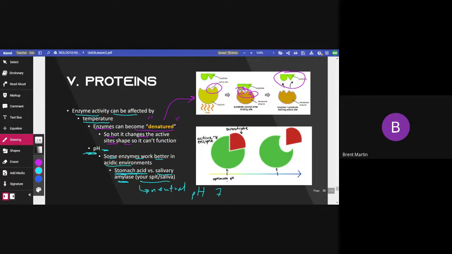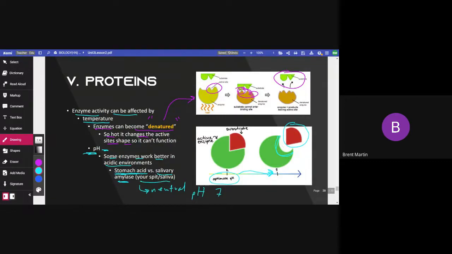This does happen. You can see here, as the pH changes, this enzyme likes to work in an acidic environment, because that low pH value means an acidic environment. But if it got moved into a more neutral environment, it would change the active site, and it would not be able to attach to the substrate because the active site does not match the shape of the substrate. Therefore, these enzymes wouldn't work.